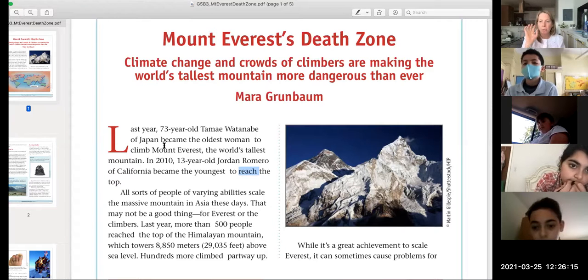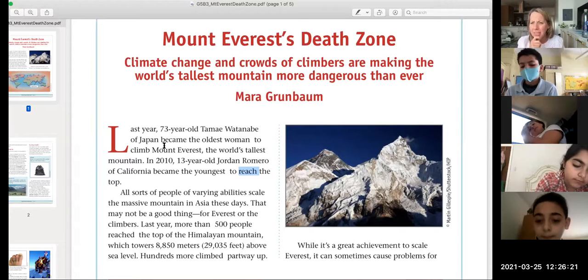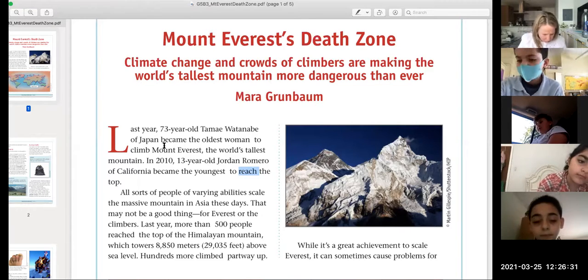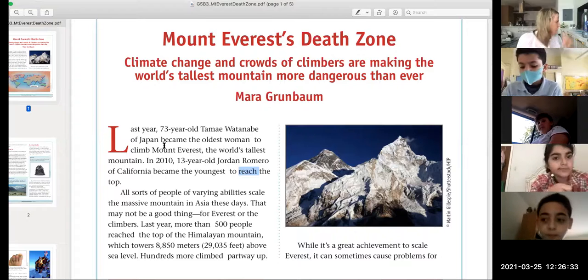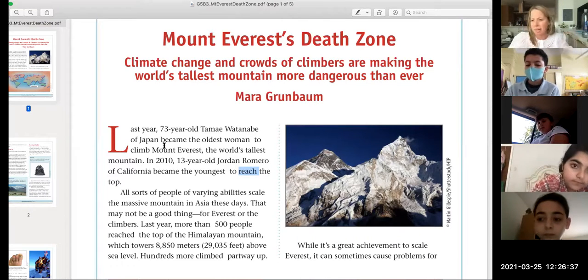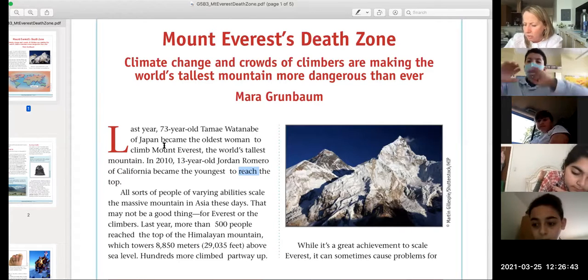So I thought reach was to use your hand to grab something, or to use your hand to touch something. I don't think he was using his hand. It's like to arrive at something? Yeah, I think it might mean to get to or to survive. So I think I need to change my number 3 to a number 2. I think I need to change that number. So I'm not going to circle it. I'm going to underline it, okay? Because I think my 3 now became a number 2, because I don't think it means the same thing I thought it meant, okay? So I'm going to underline it.